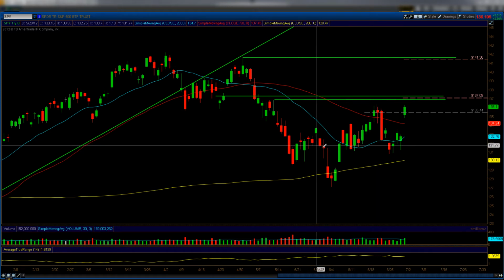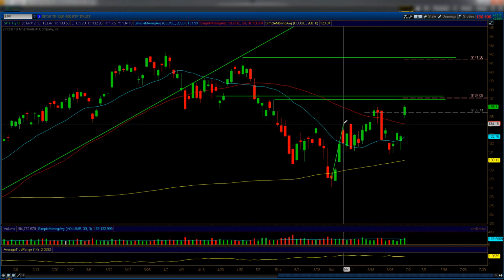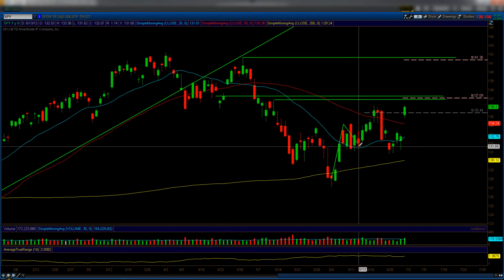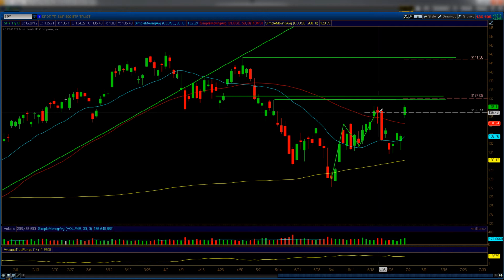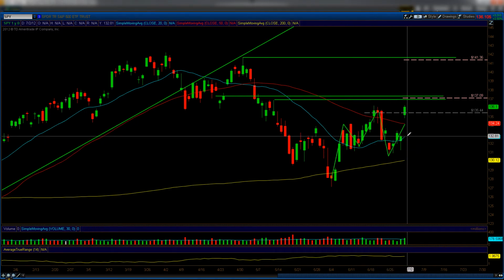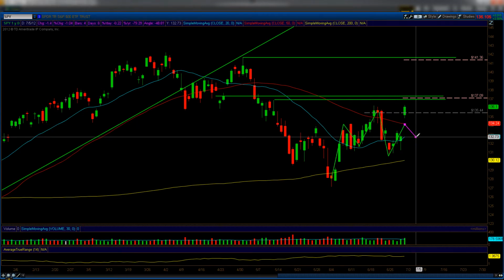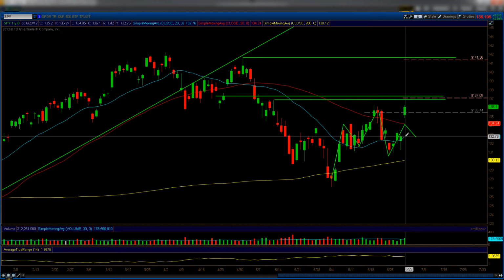This is a chart of the SPY, which is the ETF that tracks the S&P 500. All right, so brief history here. We had this up move. We had this consolidation period above this 20 moving average. We went right into this 135.44 level. We came down, and then the consensus was if we gapped into this 50 moving average or below, then we drove into this 50 moving average, and I would have expected a pullback at least into this 20 moving